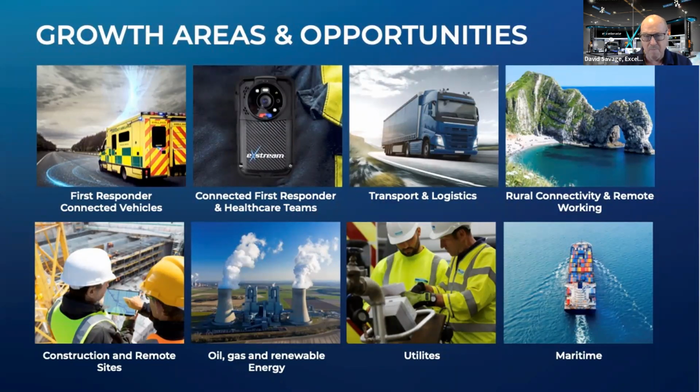There's a great big technological jigsaw, a lot of different pieces. In some cases, we provide all of the pieces. We may actually be the prime contractor and deliver absolutely everything in the jigsaw. Some clients might only buy one or two pieces of that jigsaw, but at the heart of the jigsaw, the center of the jigsaw, is always this issue about connectivity, because we've heard cloud being mentioned